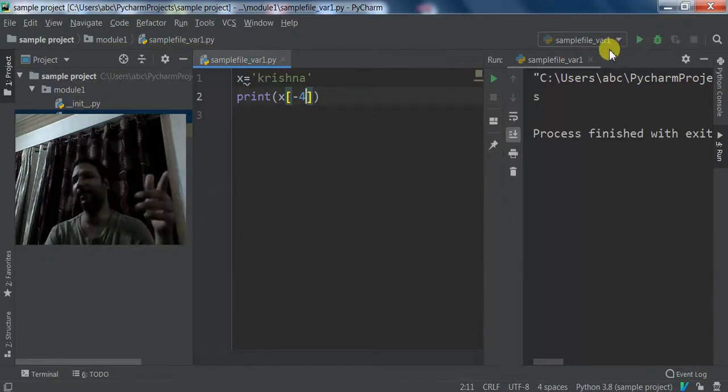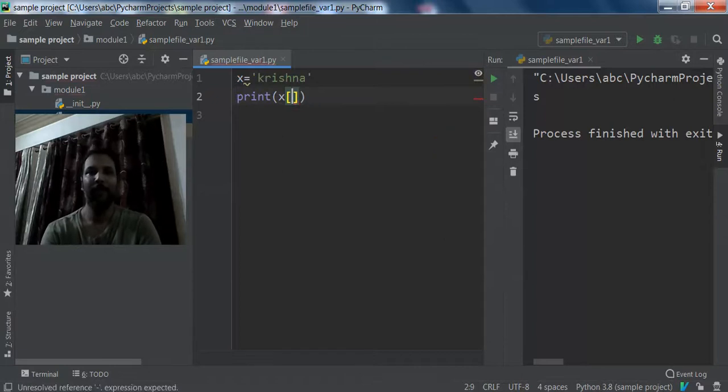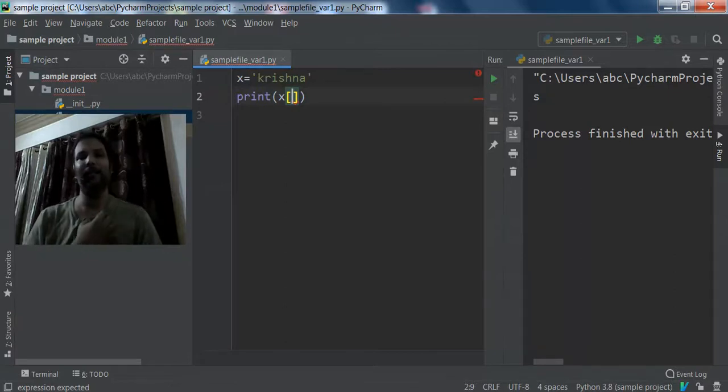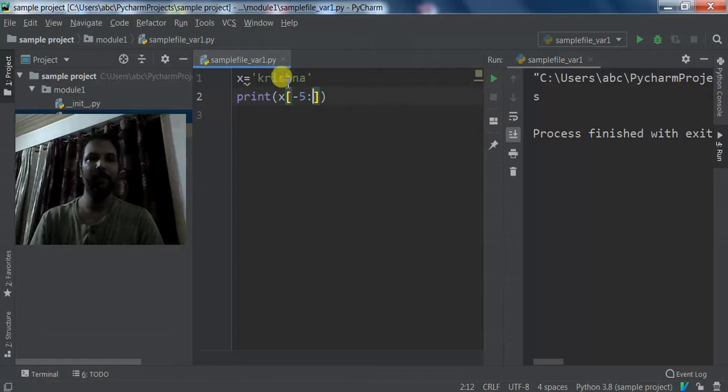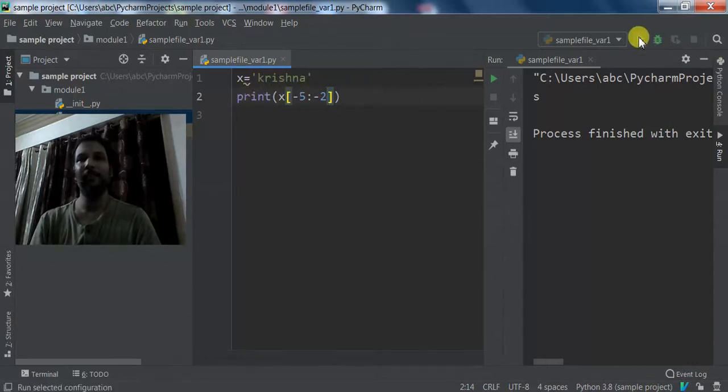See, if I wanted to use the negative values. Okay, if I wanted to print from I to n, so if I wanted to use the negative values, what do I have to write? Minus 1, 2, 3, 4, 5, hyphen 1, 2, n, if I wanted to n, so -2, and what will be printed? ISH. Okay,